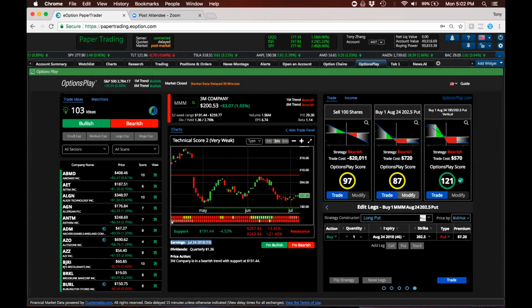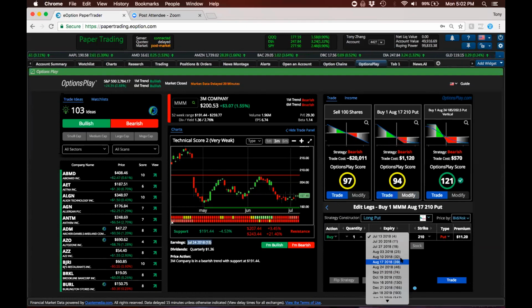You might even want to adjust this a little bit in. You might want to look at the August monthly expirations. So just about, what is this? 15, 20 days after the earnings. So you can play around with the different earnings, but I usually recommend going at least 2 weeks beyond the earnings date. So July 24th is 15 days out. The least I would go out is probably August 3rd, if not August 10th, trading this 3M example.